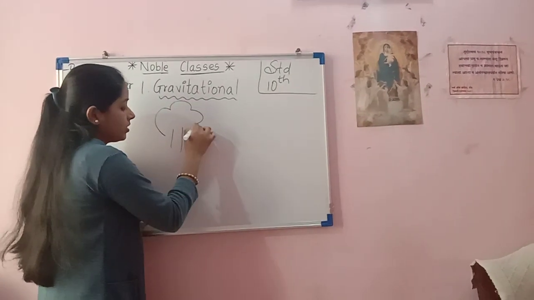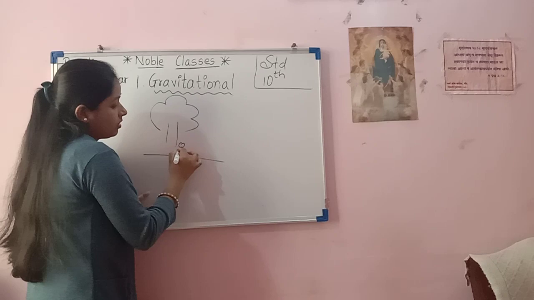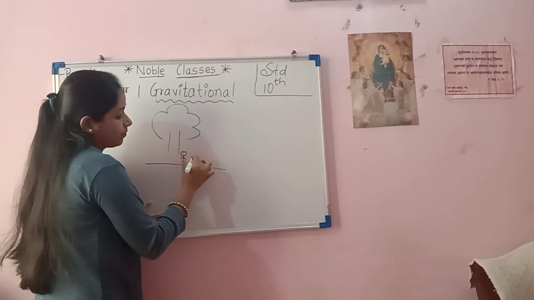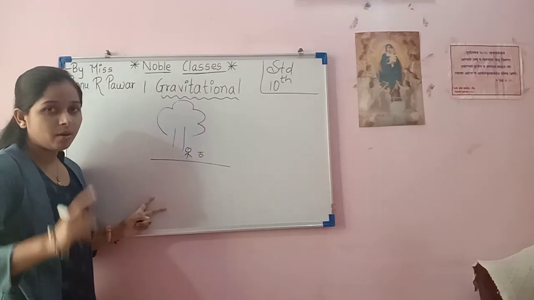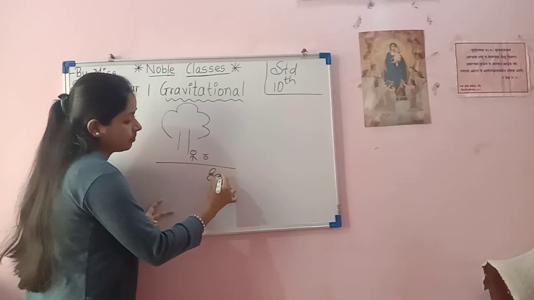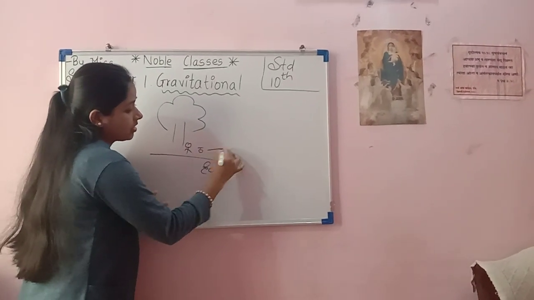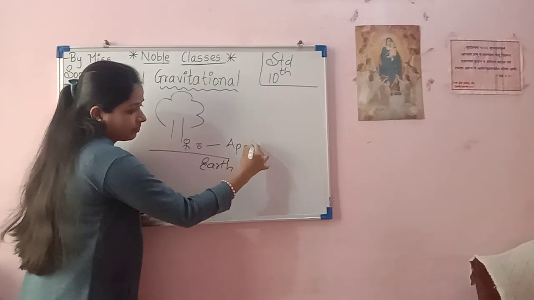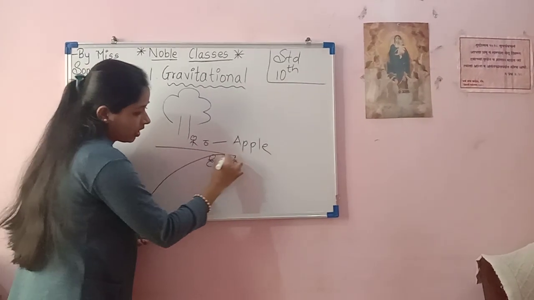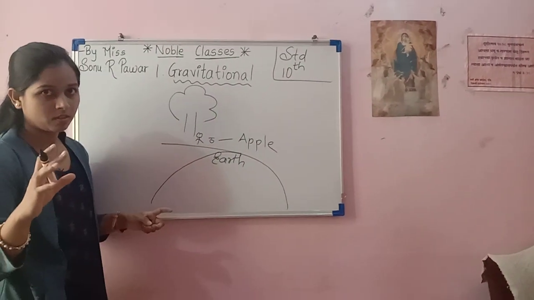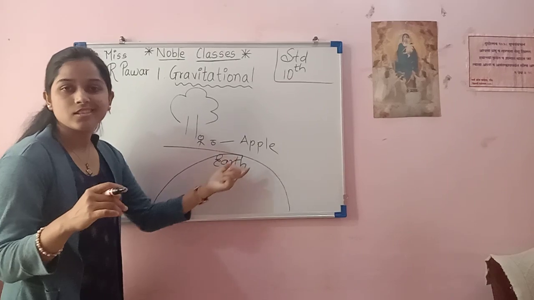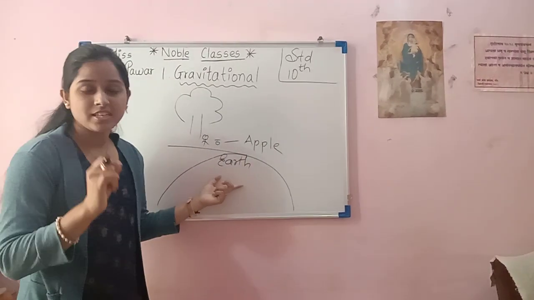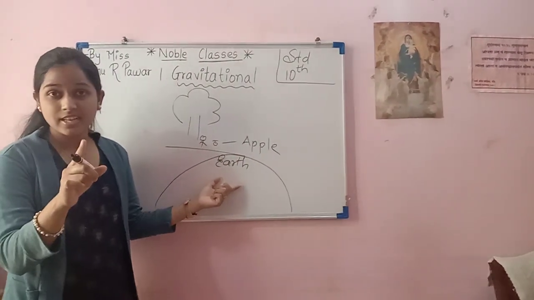Now, when Newton was sitting under that tree, here was Newton, here was that apple. Now what happened? This is Earth, and this is apple. I hope you all are imagining what I am telling you. So this is apple, this is Earth. Now what does gravity say? Gravity says that two